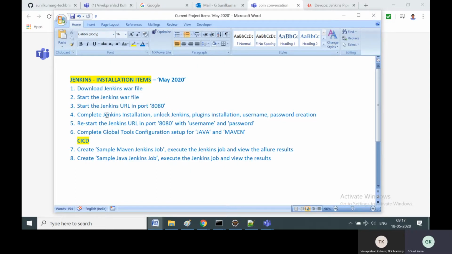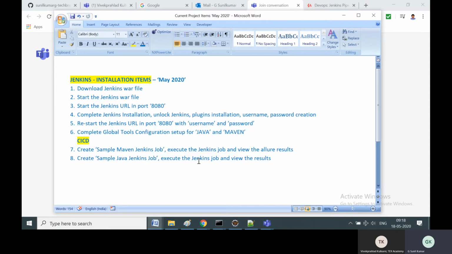We are going to download the Jenkins war file, start the Jenkins server, and then complete the installation, creation of username and password, and installation of the required plugins. Then we are going to set up the global tools configuration, and proceed with the creation of a sample Maven Jenkins job, execute it, and view the earlier reports.